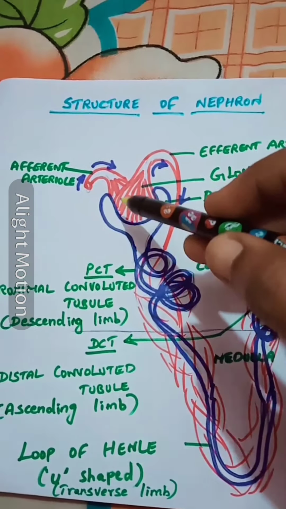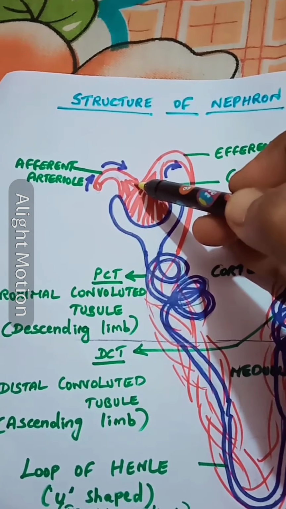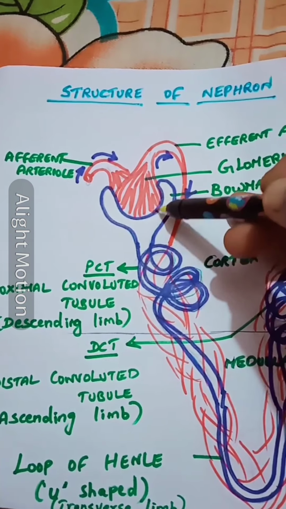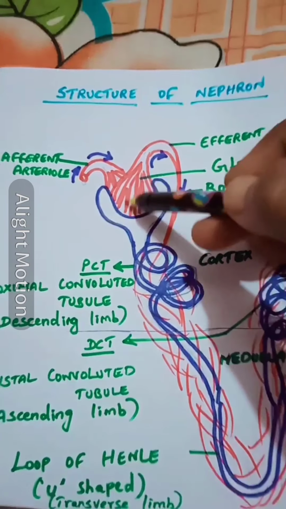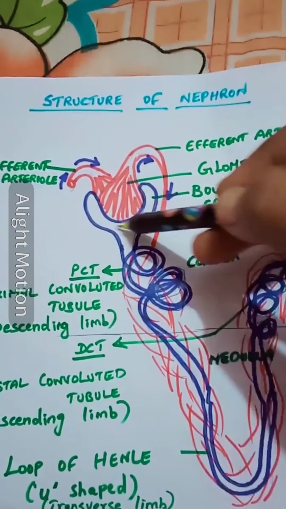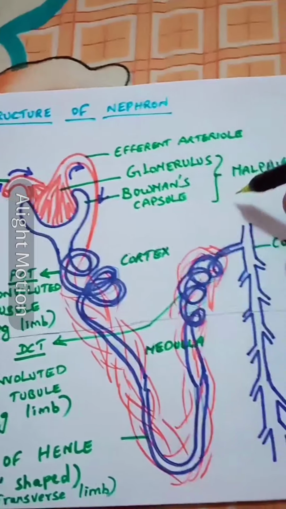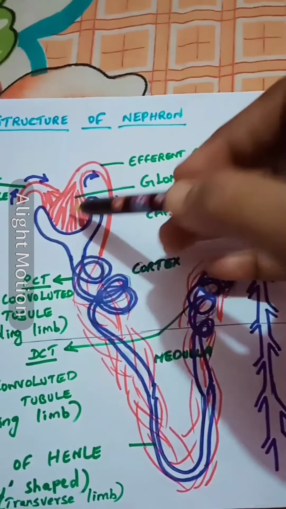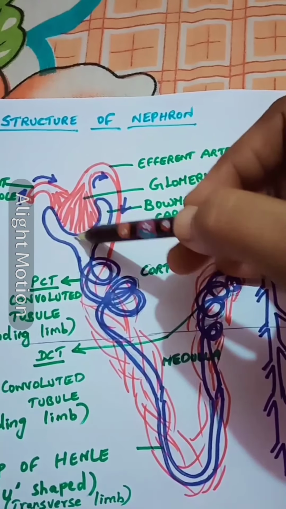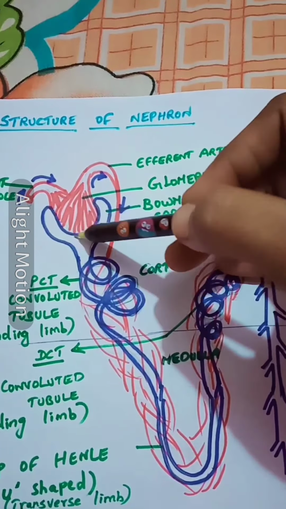Once again, I'll give the recap. The afferent arteriole takes up the blood with all the impurities like nitrogenous waste. The capillaries are called the glomerulus, and this cup-shaped structure is called Bowman's capsule. Together it is called the Malpighian capsule. Now the blood gets filtered by the internal epithelium of this Bowman's capsule by the process called diffusion, and after filtration the pure blood is collected and taken back by the efferent arteriole.